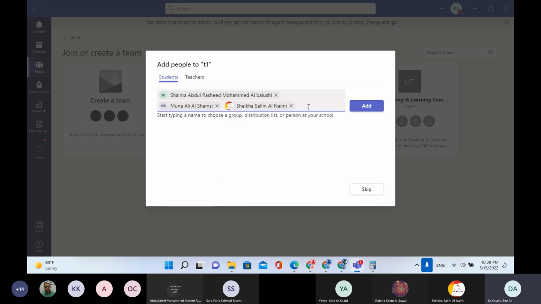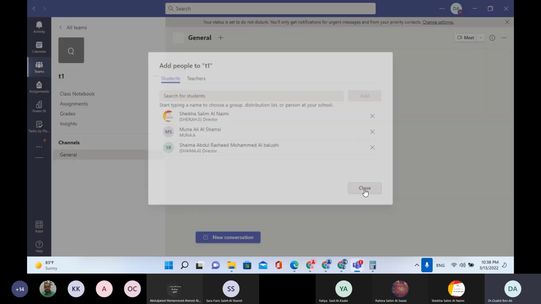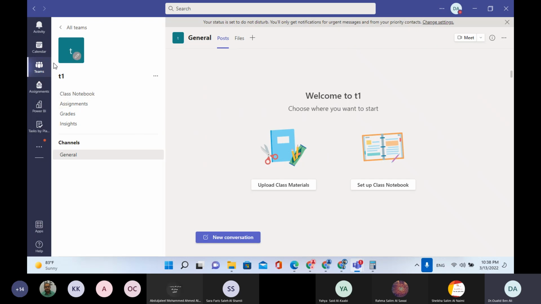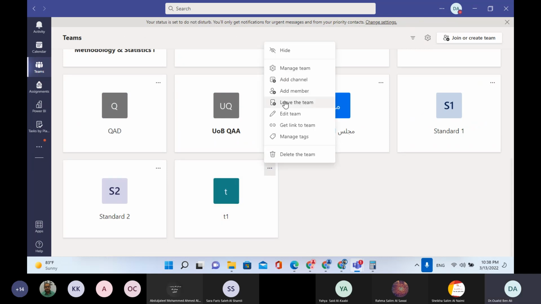Okay, so I have a project, I have a task, and I want to collaborate with them. So I create a specific team, and then I can add, you know, exclude, add whoever I want. So here you go. My team has been created, as you can see here. It's called T1, and then I can manage my team. I can add members, I can remove members, I can edit, I can even delete these teams after I finish